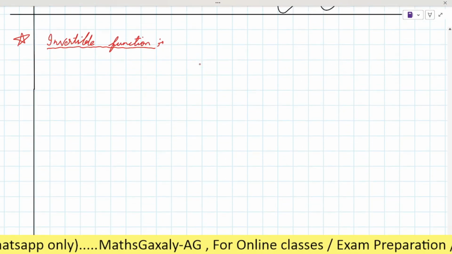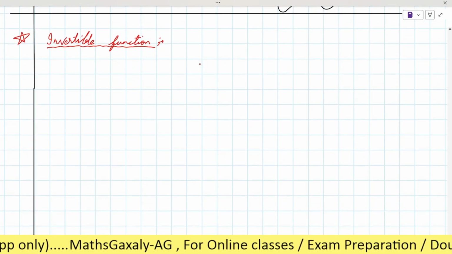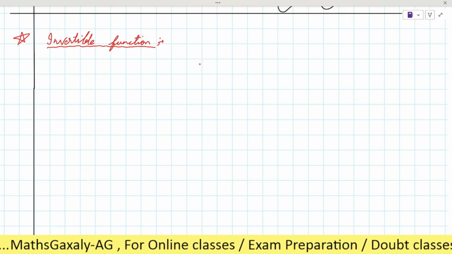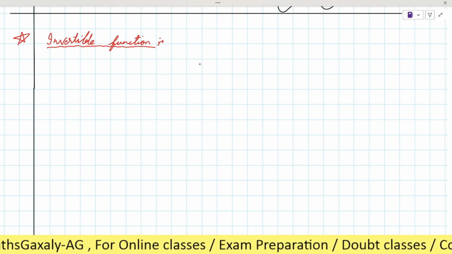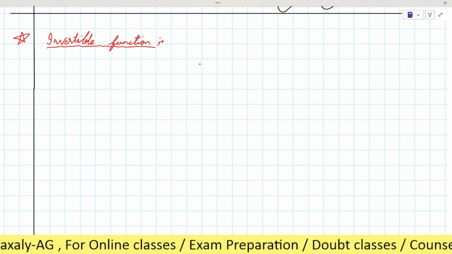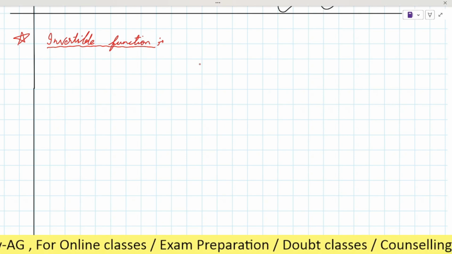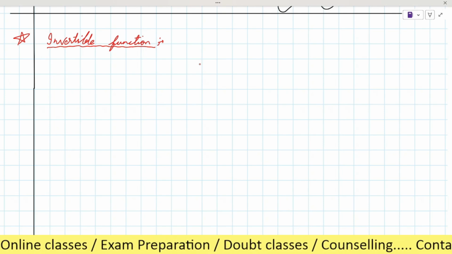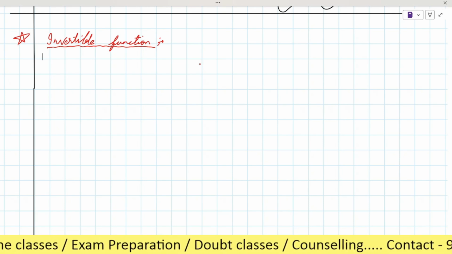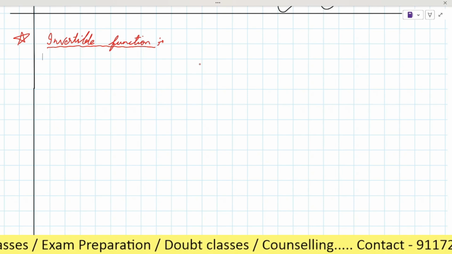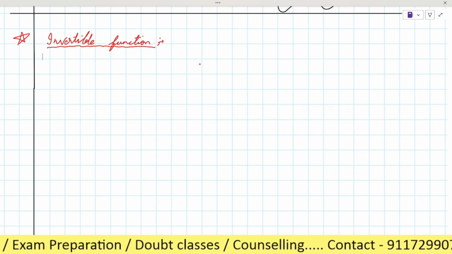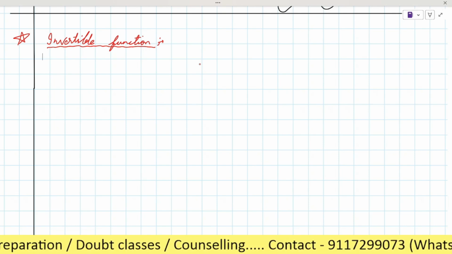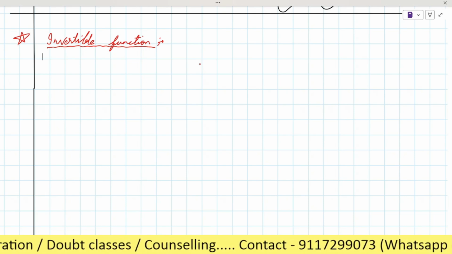So we learned that suppose from A to B there is a function known as f, and there is another function from set B to C, let it be g, the function g. So the function from A to C will be known as fog, function of g. Directly we will say fog x. Is it clear?